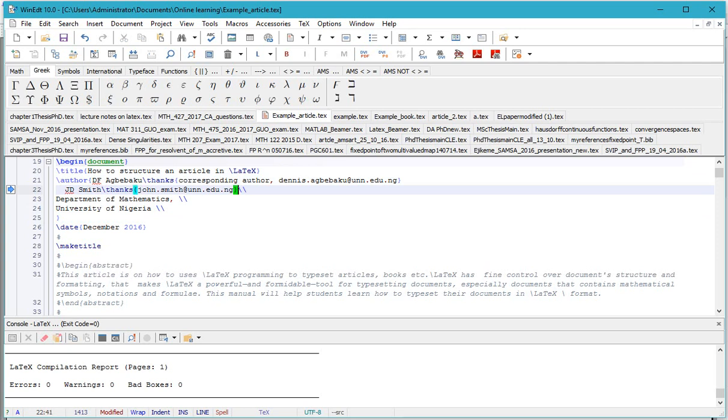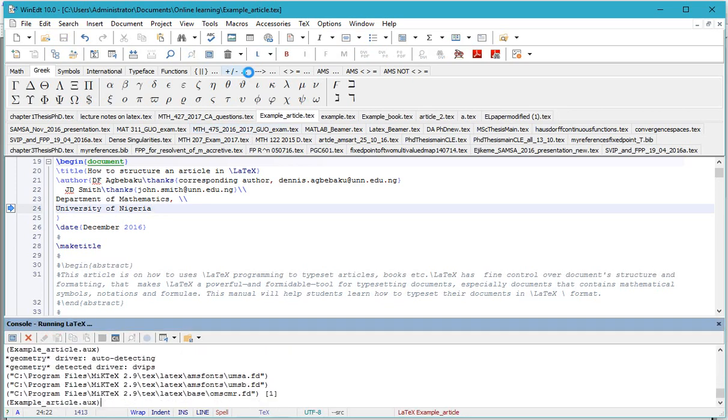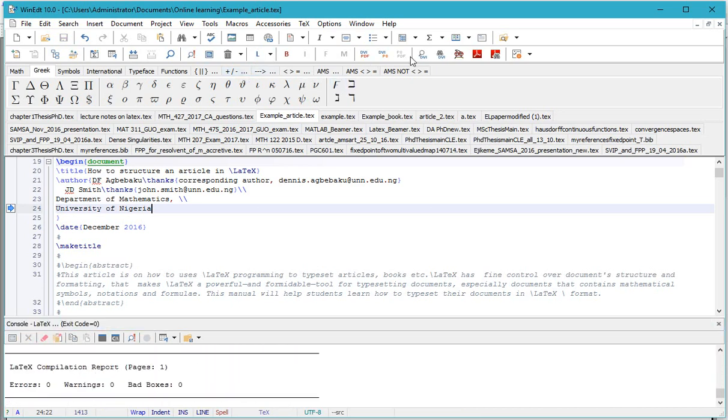Okay, so all things been set. So we'll run our file again. Control Shift L. Control Shift L. And then we view. Let's see the output we have. So we now have the first author, second author,